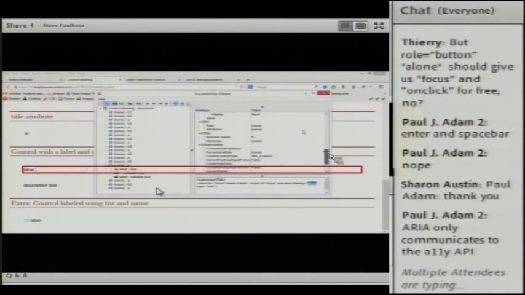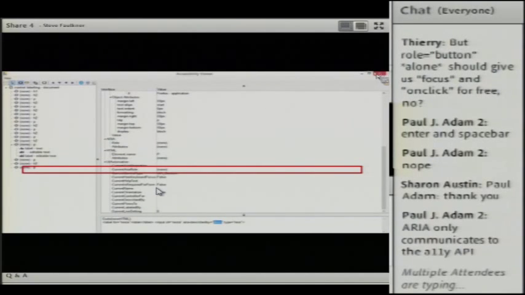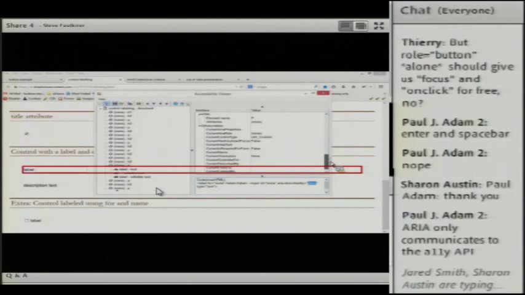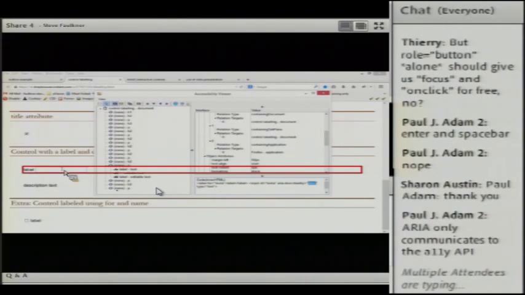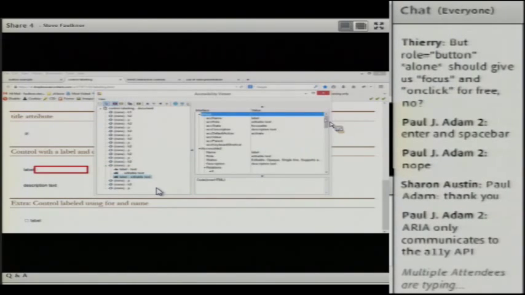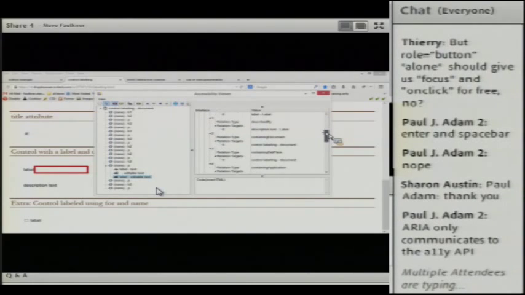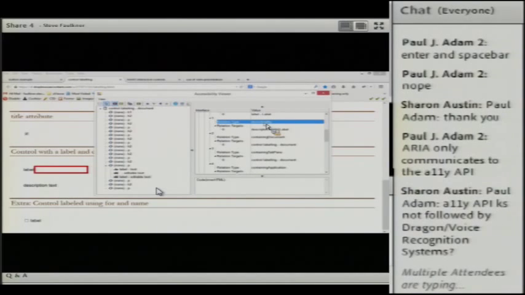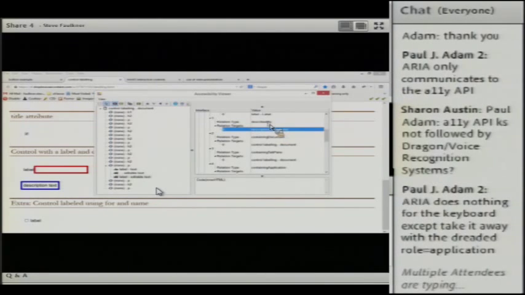So again, what we can see here is that we've got a described by relationship, which is the IA2 relationship attribute property. And if we select it, the relationship target is this, and we can see it there. So that's how it's actually hooked up.